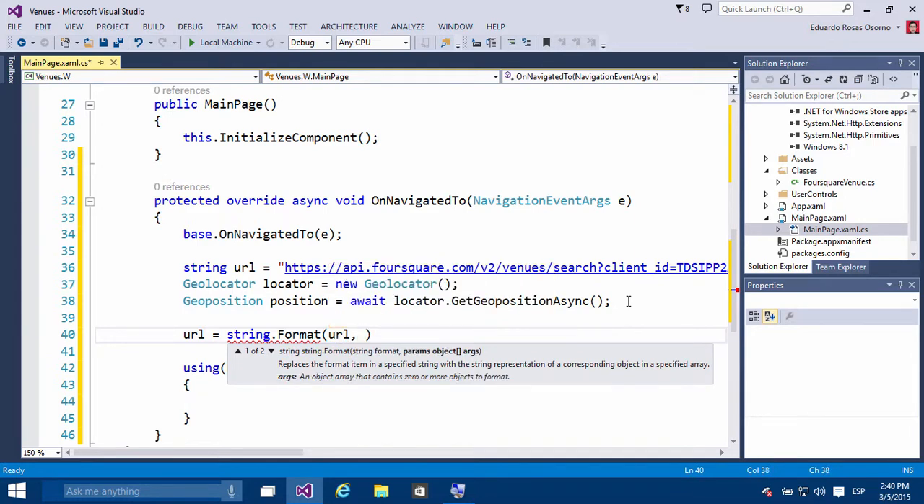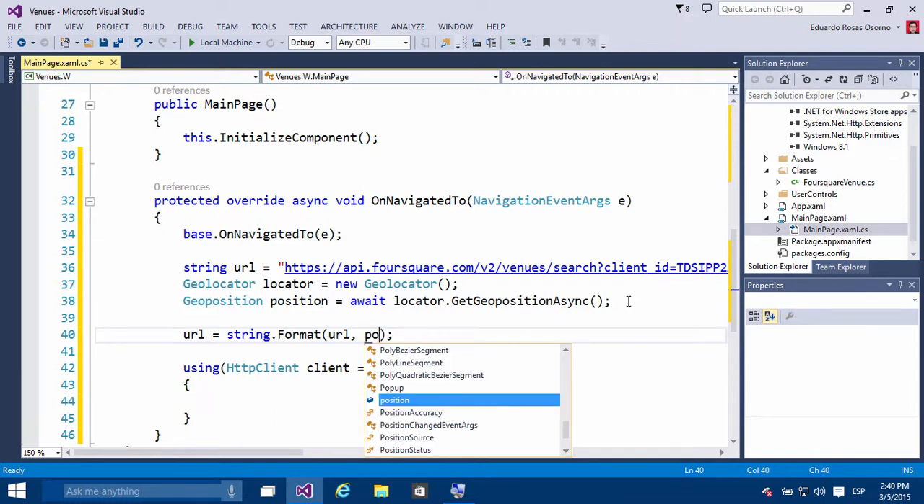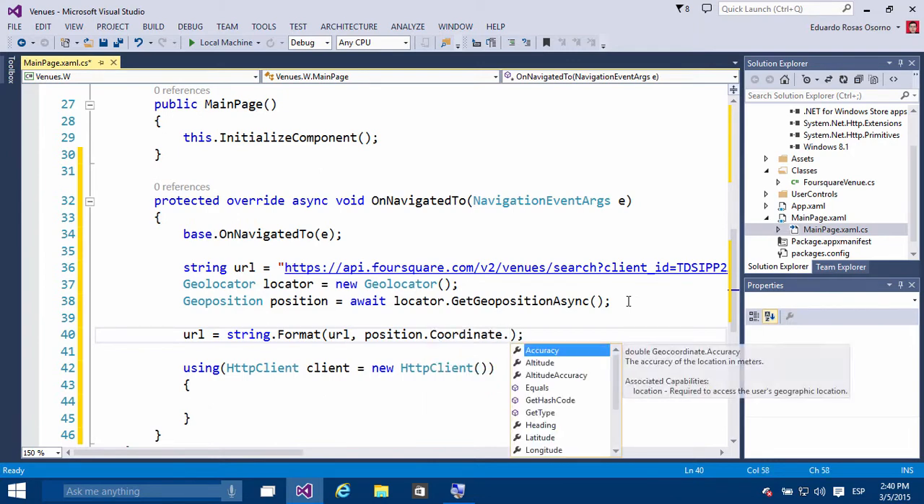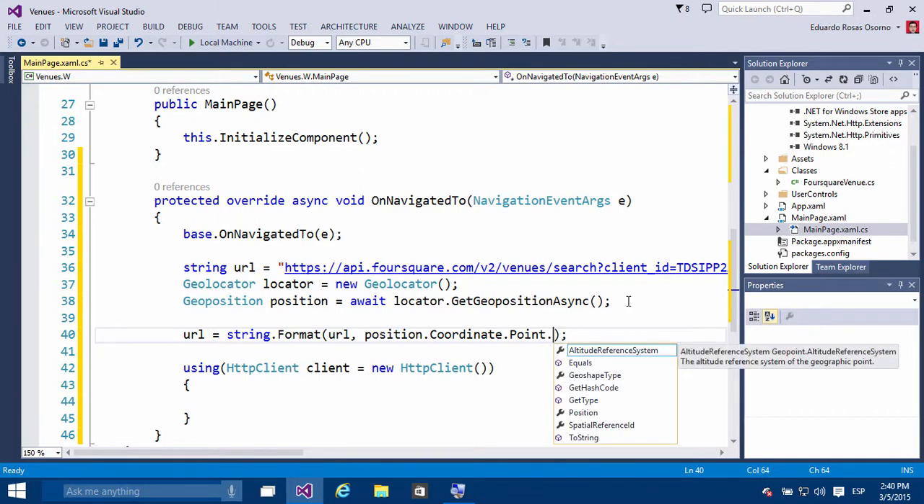And I want to get two parameters, which are going to be the latitude and the longitude. So I can access them through the position object, coordinate. And even though I have the latitude and longitude properties right here, I want to access the point property, which has a better position or location